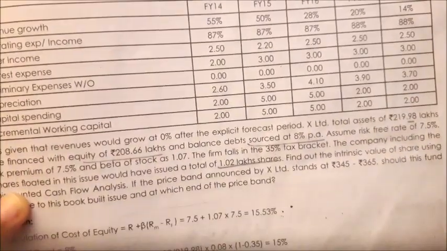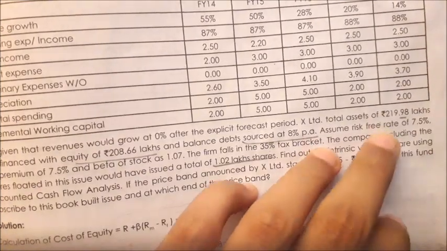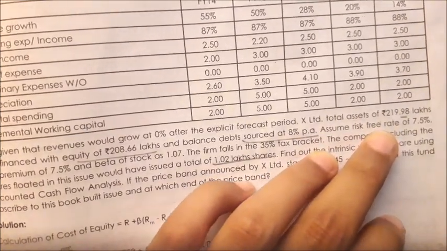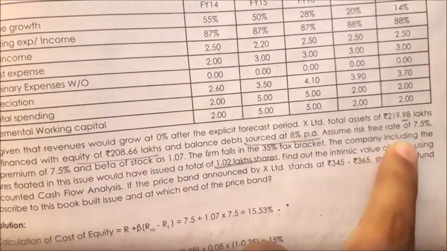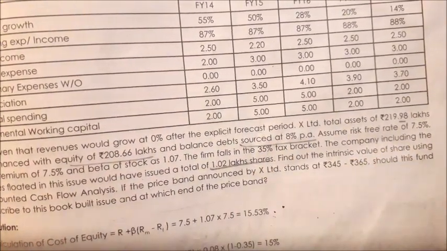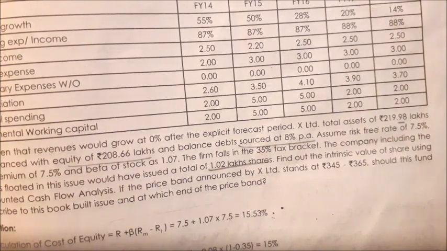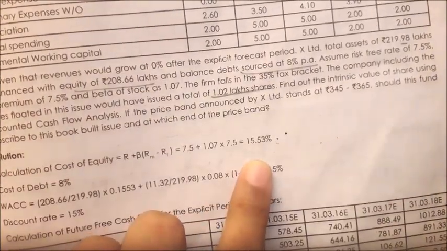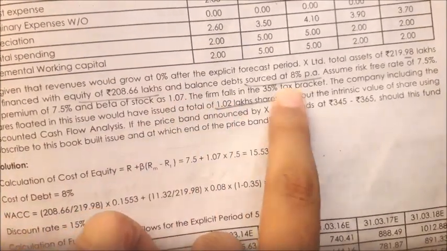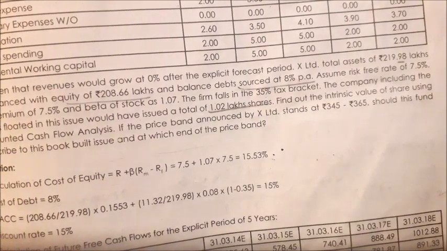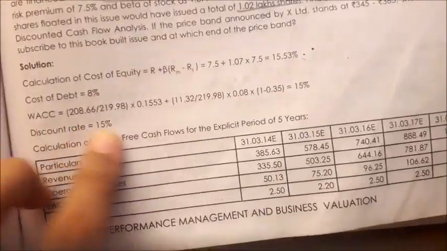for the firm. And later what we would do, we have the equity value, debt value, and 2.219 is the total assets. So reducing equity, we will get the debt value, risk free rate, risk premium, beta. If this has been provided in the question, so immediately we have to find cost of equity through the CAPM model. So they have found the cost of equity 15.53. After that 8% debt is there, and we have to find the value of the firm. So it is sure that we have to find weighted average cost of capital.